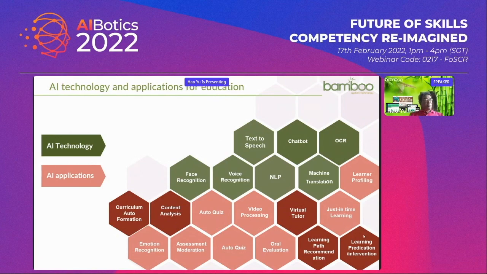On the lower side are some use case scenarios where we think AI technology can play a role, building on the above AI technologies, for real education scenarios. For example, using AI to automatically generate questions and quizzes for students, and to analyze video contents. We're also talking about virtual tutors and oral evaluation. Later, I will show some examples Bamboo already did in real projects to leverage some